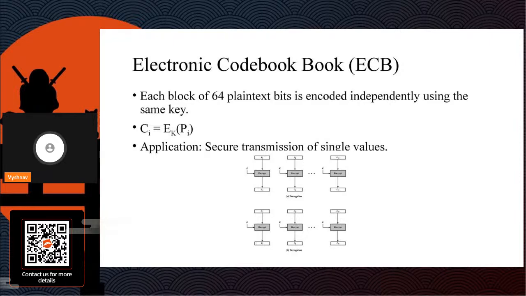So the same plain text value will always result in the same ciphertext value. If my plain text is the same for blocks 1 and 2, I'll get the same ciphertext for C1 and C2. If P1 is equal to P2, then C1 is equal to C2, right? The term codebook is used because for a given key, a codebook of ciphertext can be created for all possible plain text blocks. So for example,